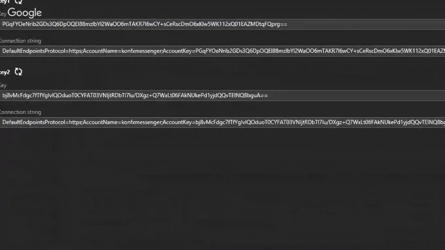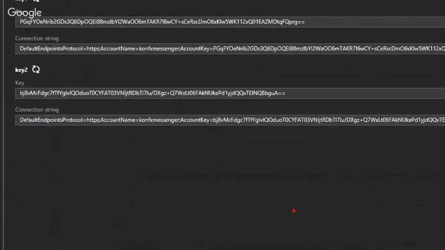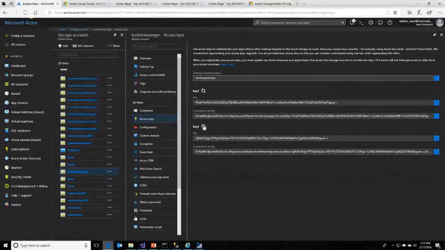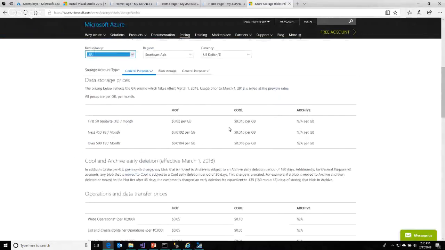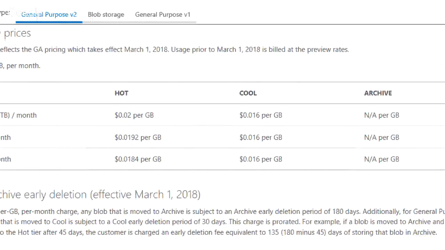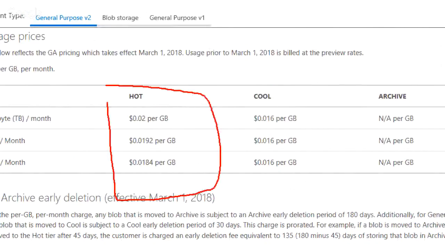Without this key, you will not be able to connect to anywhere you want, but it does come with constraints. The good thing is that if anything goes wrong, you can easily reset the key and everything will be disabled from that perspective. That will make your life a lot easier. So this is about the storage; because it's so affordable, it goes by cents in terms of US dollars, it gives you a lot of advantage in how you can optimize what you want.